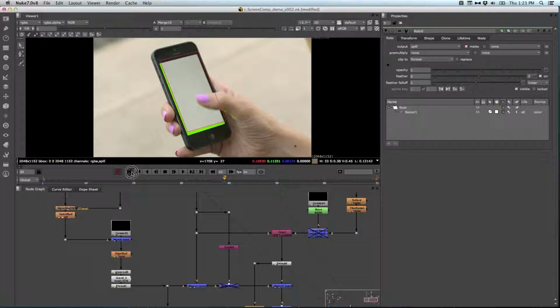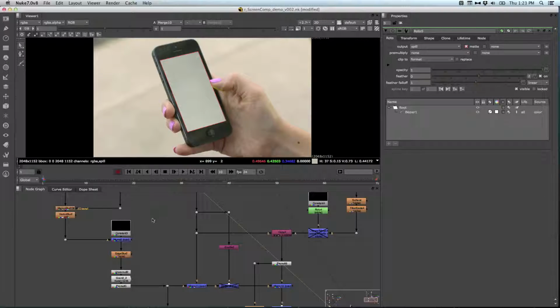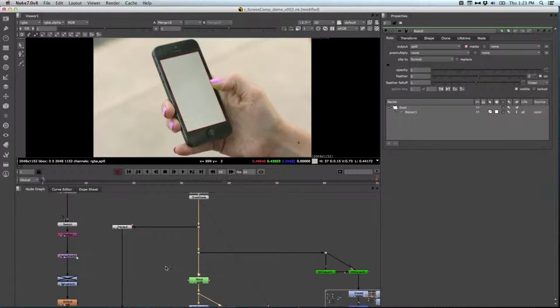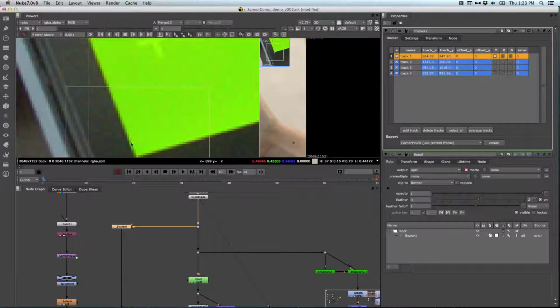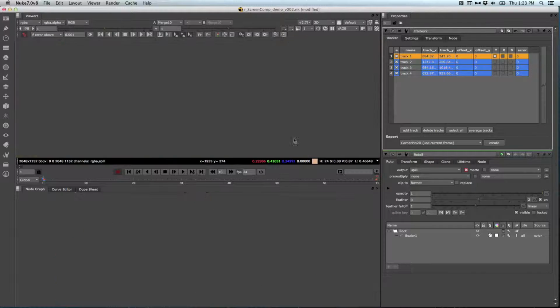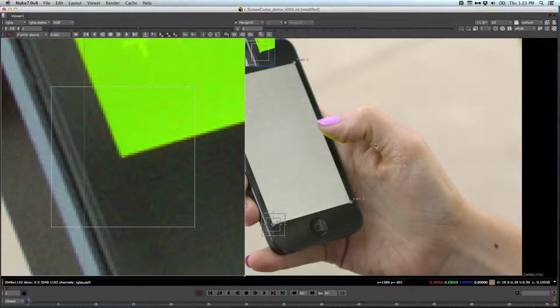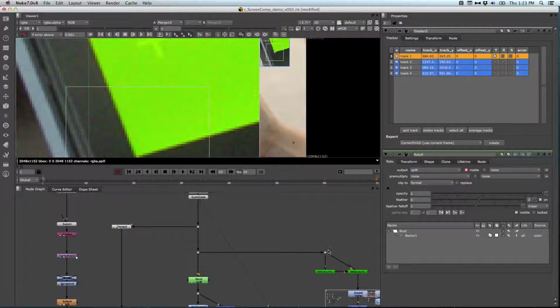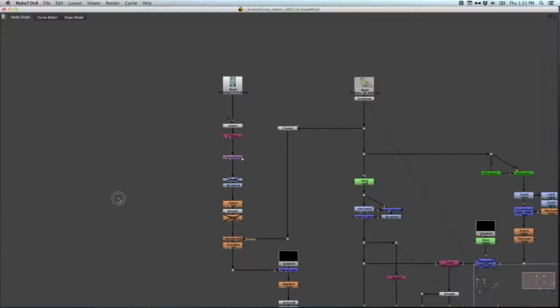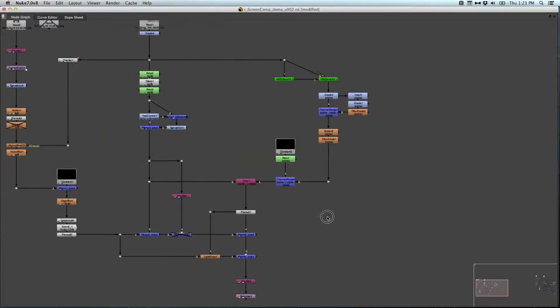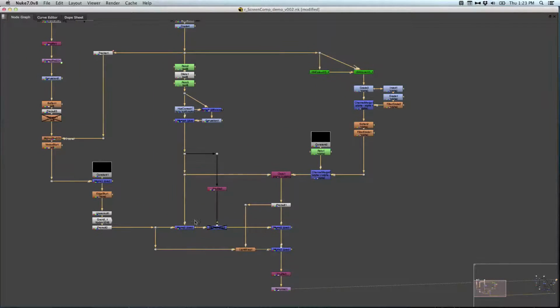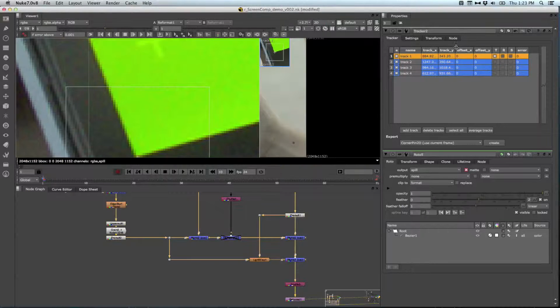So if we come back to our first frame, which is where we have the actual tracker, really at this point all that we have to do is track all 4 of these trackers and make sure that the track is really good and dead on. And once we've done that, the screen comp will be in and ready to go. And of course, this being a demo, I smartly did that already. So we'll take a look at this one over here, and I will show you that